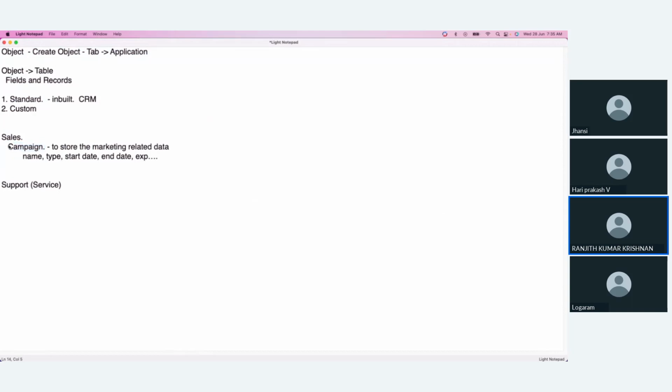You get it? I'll show that campaign object, where to refer to the fields and how to create a campaign record. That we'll see later. First, we'll see the overview today. What are the standard objects available? What is the basic purpose of that object? The reason why they're given, the reason why it is part of the Salesforce platform. You get it? So knowing that reason, knowing that purpose, as an administrator,